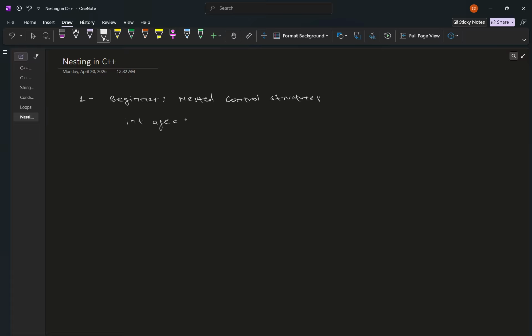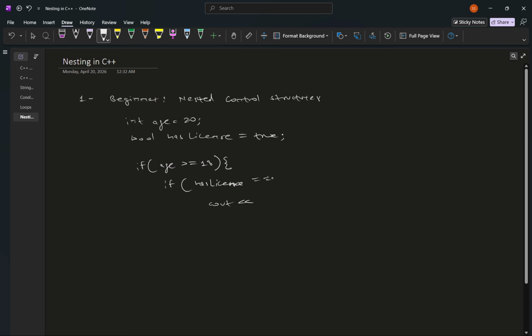So suppose you have int age equals 20, and then you have bool has license, or you can just say license equals true. So what you can do, if age greater than or equal to 20 or 18, if has license, you can do cout. Basically you can also compare this to true if you want, is equal to true, but there's no need to write that. So you can cout the student or the child can drive, you can drive,